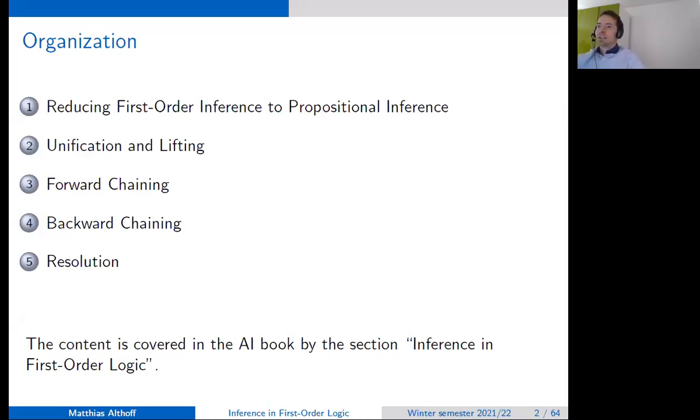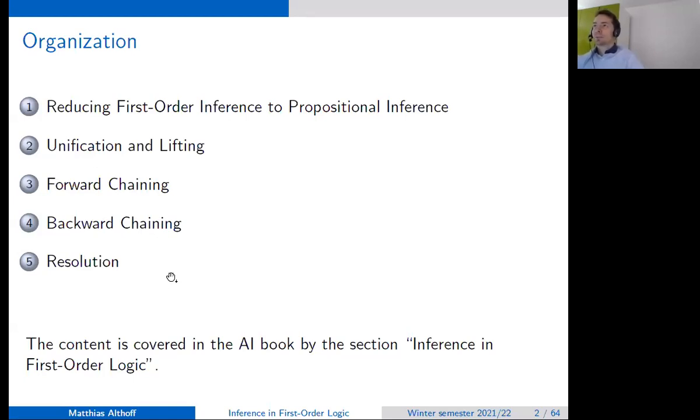And this is apparent in the next part where we are looking at forward chaining, because forward chaining we've already performed for propositional logic, and because we can lift Modus Ponens, we're then also able to use forward chaining for first order logic. And the same for backward chaining, because they use the same proof rule. They both use Modus Ponens, but just in different directions. And then we're also going to lift the resolution rule, so we can apply resolution to first order logic. And all of that can be found in the section Inference and First Order Logic in our AI book.